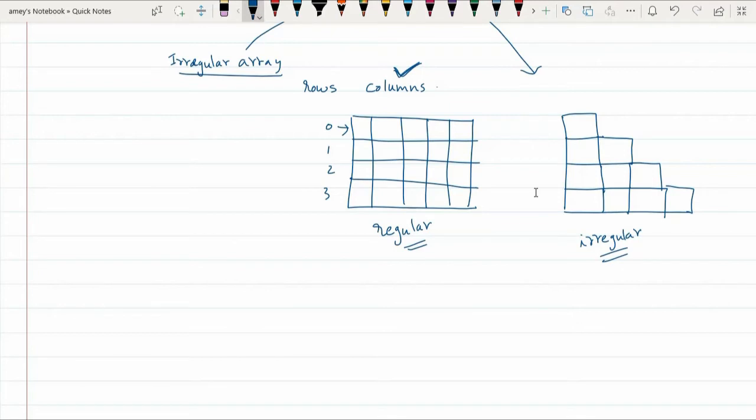In an irregular 2D array, the number of rows will be the same. That means suppose in the given 2D array there are 4 rows, so there will be 4 rows. But the problem is the number of columns in each of these rows may differ. For example, in the first row there was only 1 column value. But in the second row, that is in index position 1, the number of elements was 2. In the next row, there are 3 elements. In the next one, there are 4 elements. So this is called an irregular, or also an uneven array, and Java allows you to create such kinds of arrays.